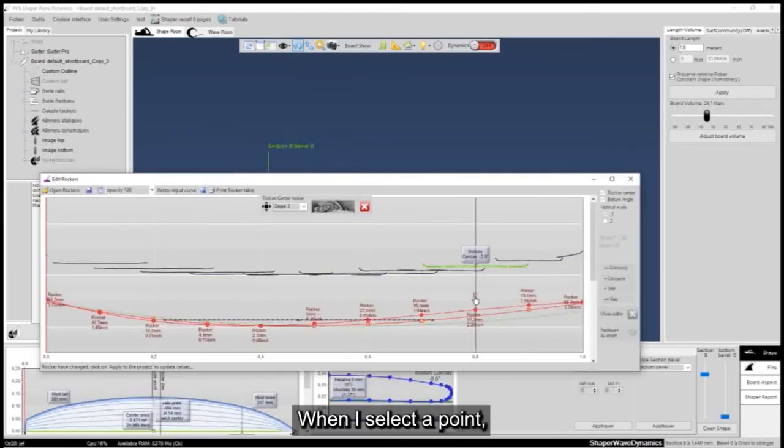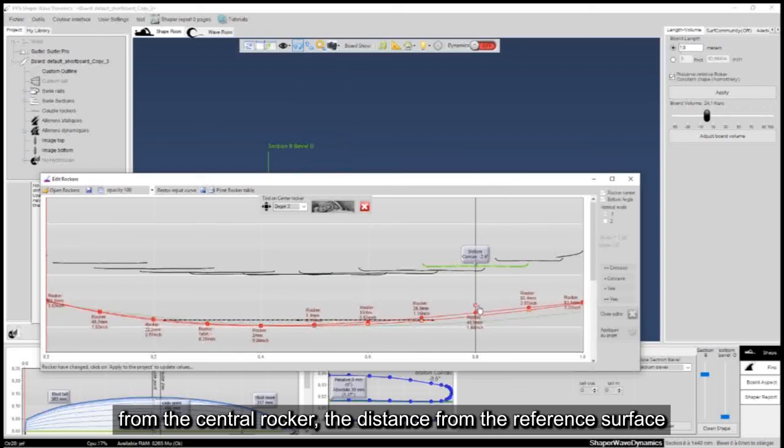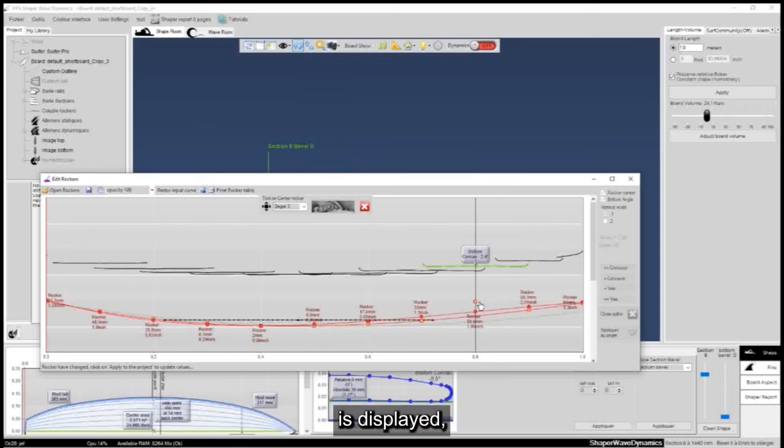When I select a point from the central rocker, the distance from the reference surface is displayed in millimeters and in inches.